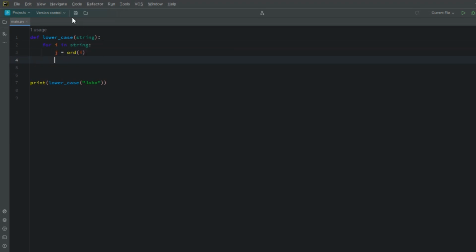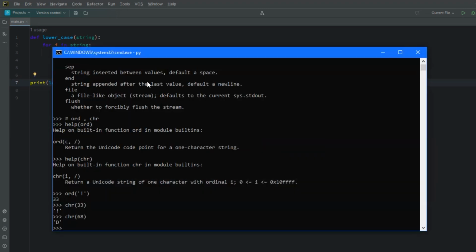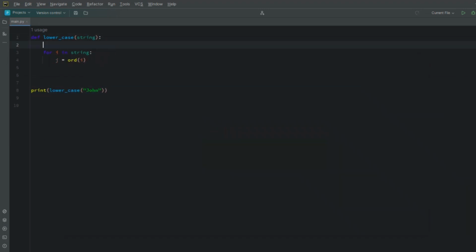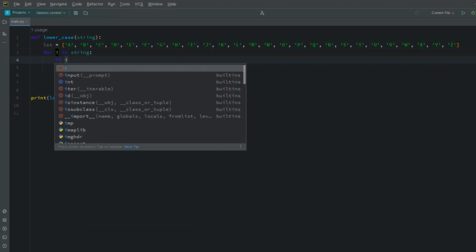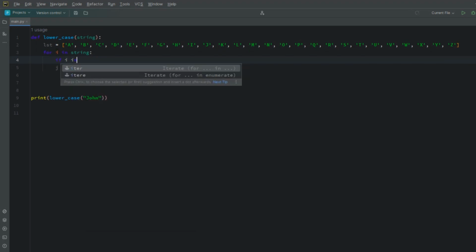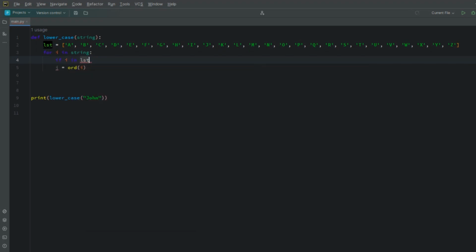Now we have the Unicode characters, and if a character is uppercase, that is what we're going to change, but if it's lowercase, we aren't going to change it. So let's create a list containing all the uppercase letters, and here we have them. And now we can check if the value in that string is in our list of letters, then we should get the